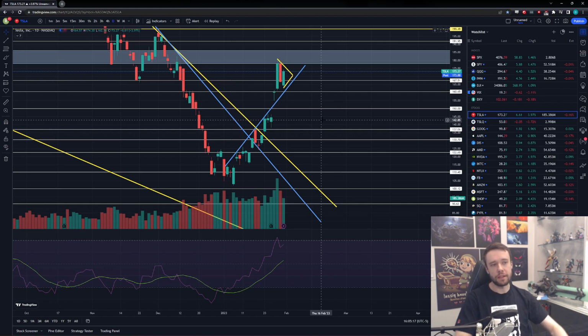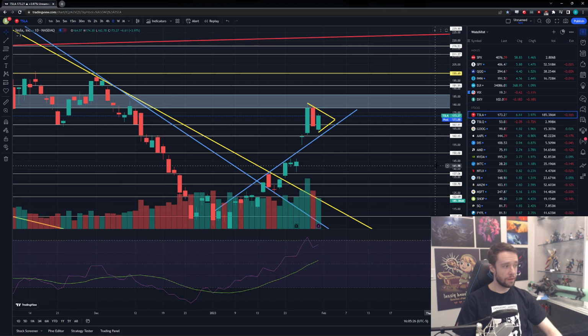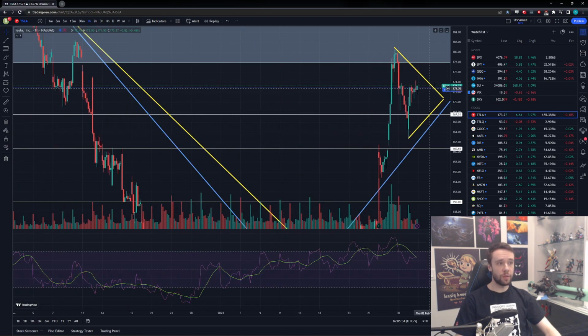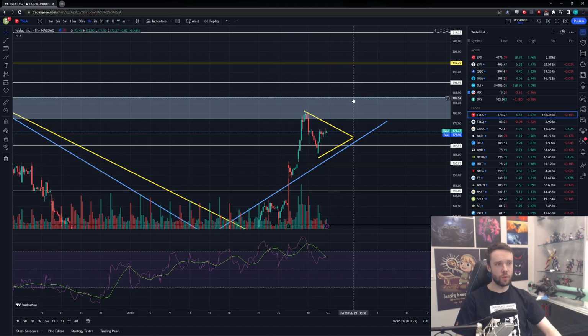It's kind of a neutral take where I think bulls and bears will be happy and unhappy at the same time. But that's kind of what I'm seeing as of right now. Tomorrow's gonna be a huge day, so I'm definitely being patient for tomorrow. But again, if I had to take a guess, if I had to project, I do believe that this little situation that we find ourselves in right here on the 1 hour will most likely play out as a bull flag to the upside, and we most likely will go up to somewhere around this level all the way up here